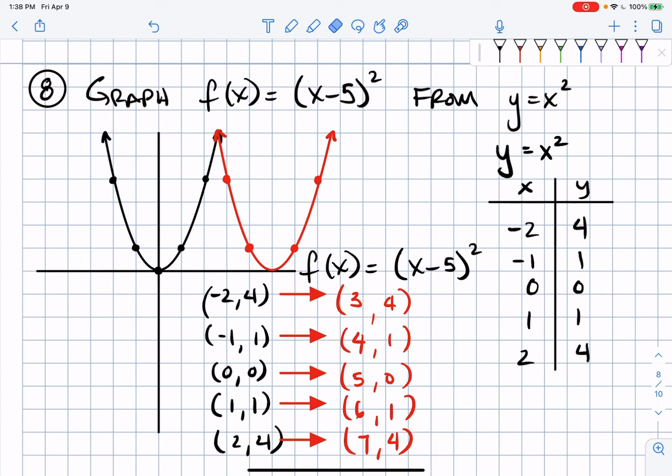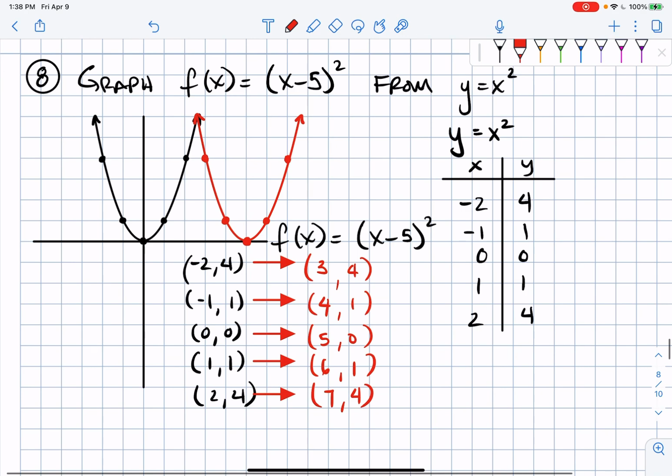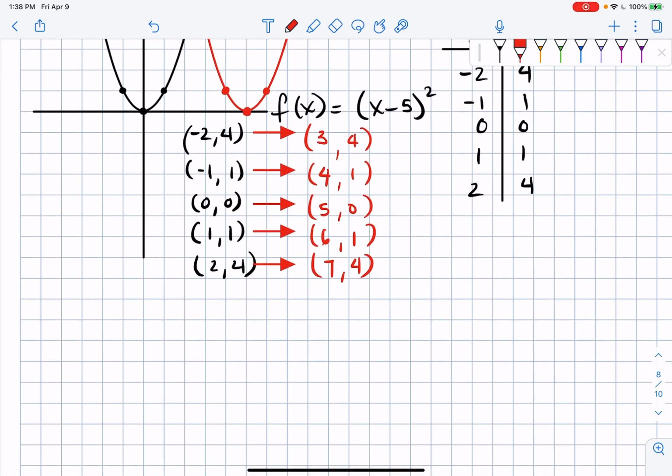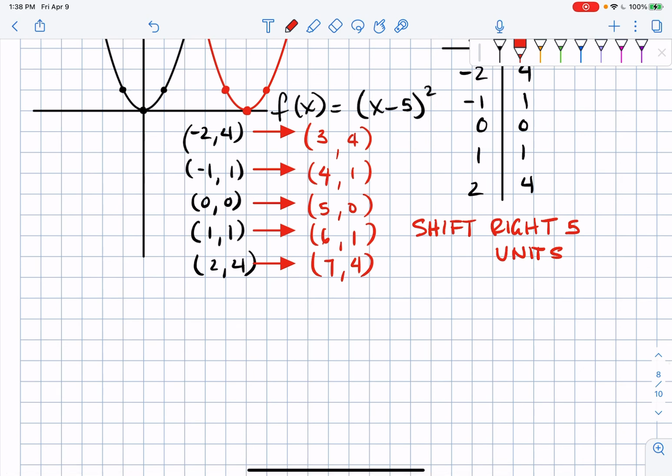There we go. All right. So that should be my answer. So I shifted right five units. And that is going to be choice D,